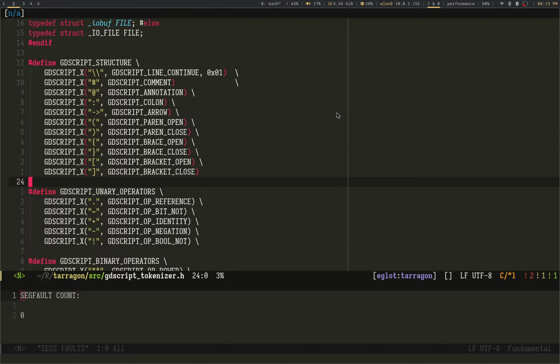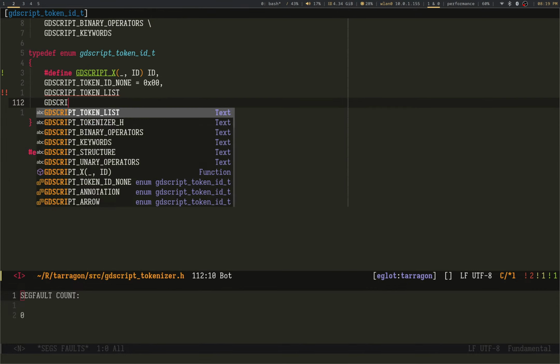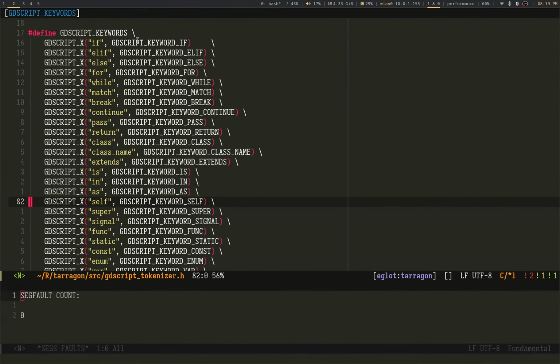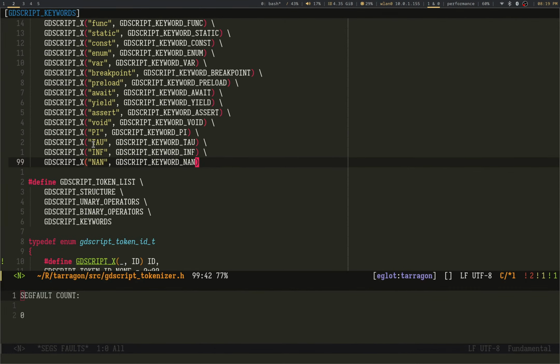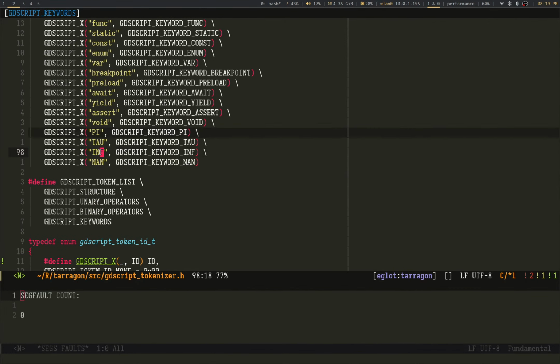Yeah, it sounds good. And then I'm not vibing with these keywords right here. These right here, they're on the chopping block.